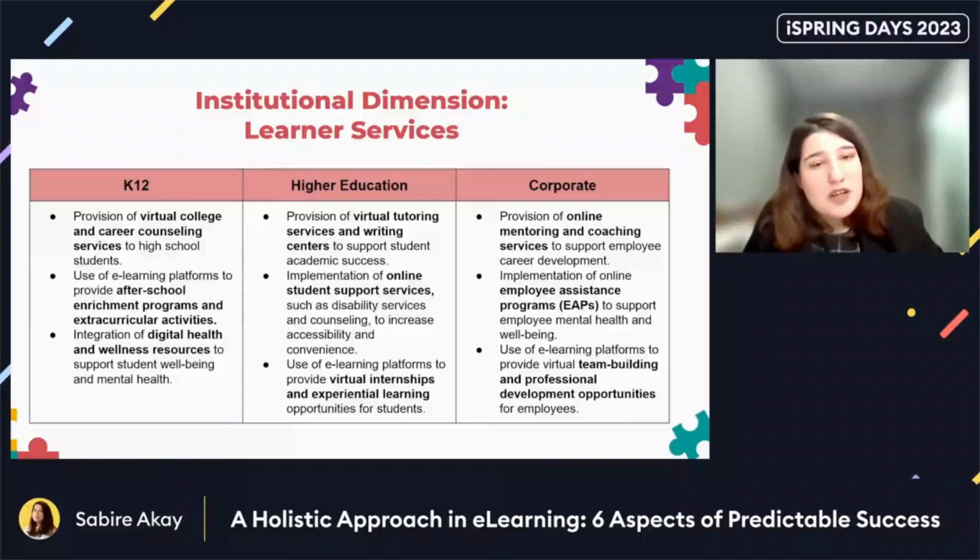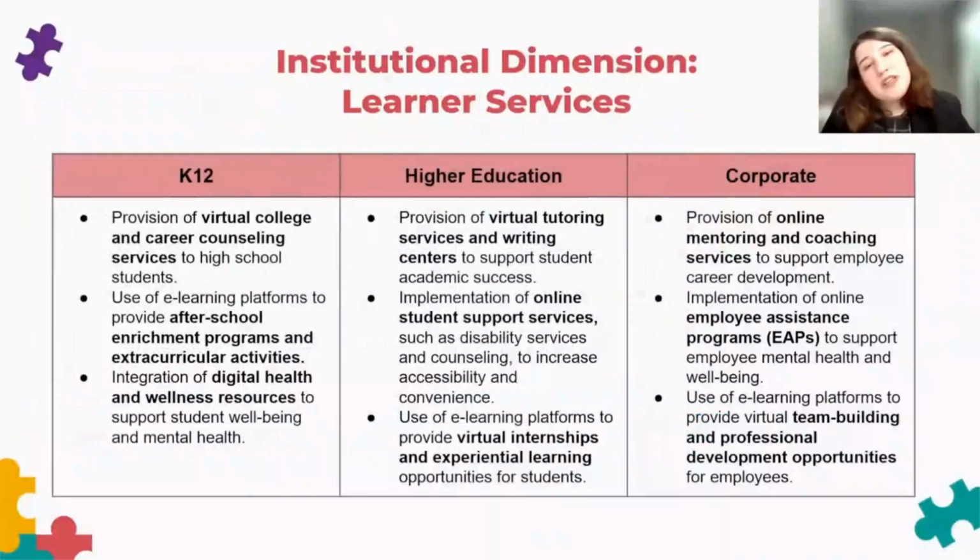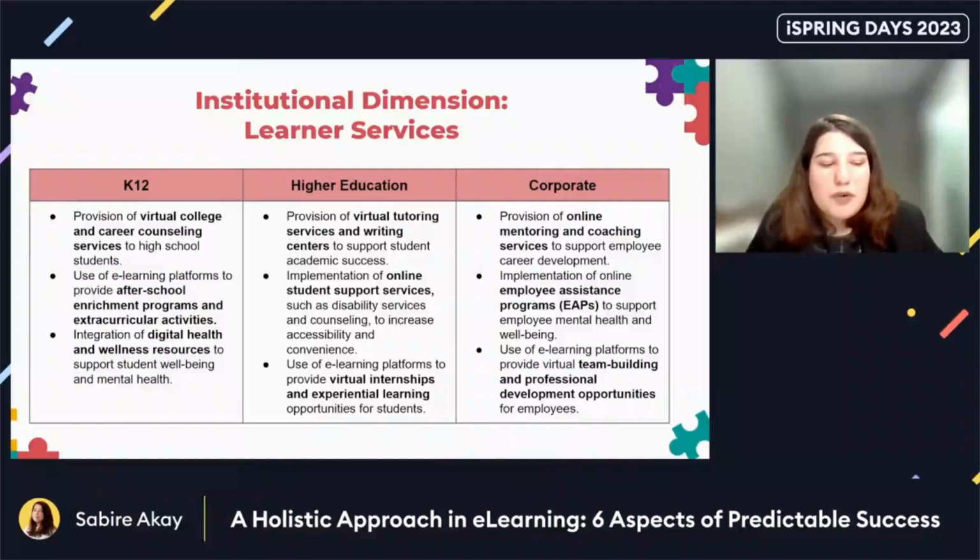For the higher education, you see that it was virtual college and career counseling for K-12. When it comes to higher education, we will start giving some virtual tutoring services and writing centers for academic success. The second option that we can give is online student support services, such as disability services and counseling. These can be used for the e-learning process again. The other thing that we can provide is virtual internships that will be helpful for university and college students, and experiential learning again. When it comes to corporate, we can provide some online mentoring and coaching,